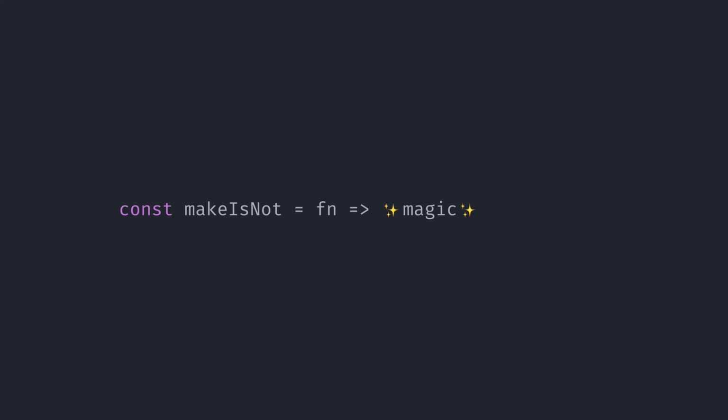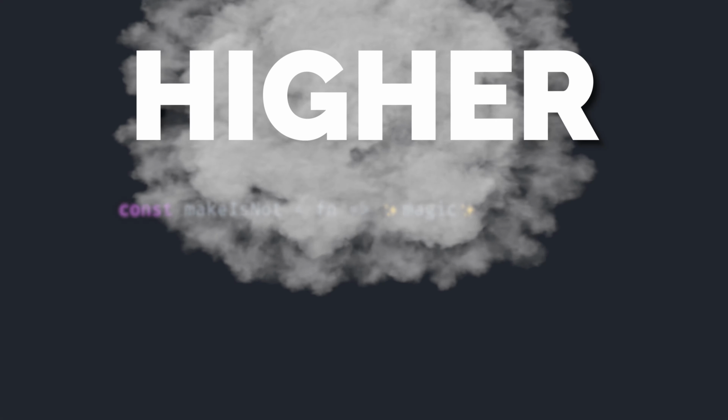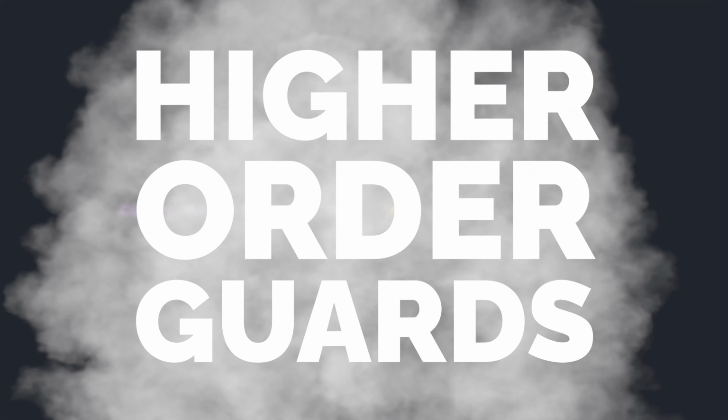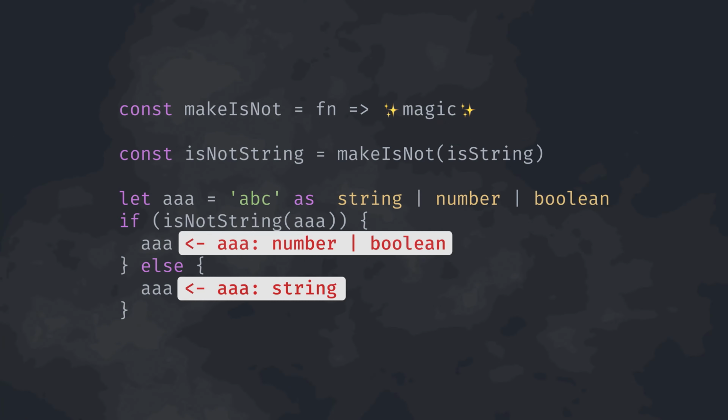Today, we'll grab a pattern from the functional programming world known as higher order functions and use it to create functions that receive functions and return new functions. But we won't stop there. We won't just return any new functions. We will return new custom type guards. So I'm calling those type guard creation functions higher order guards. As you soon find out, that will open the door for new possibilities of reusing our code.